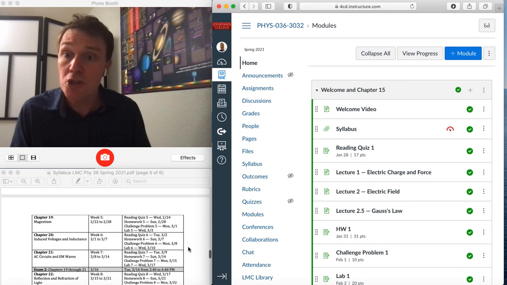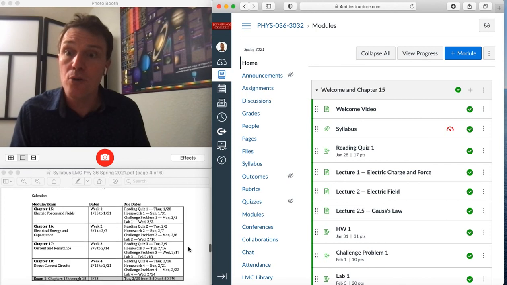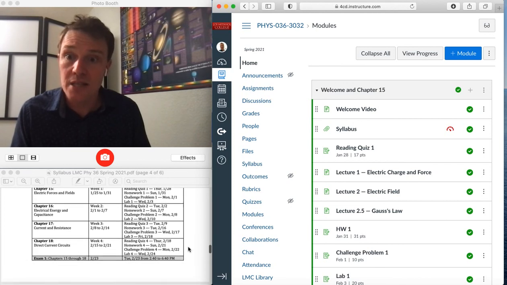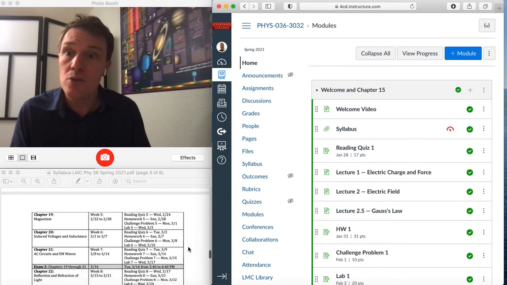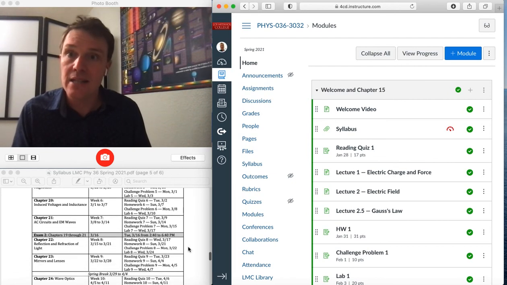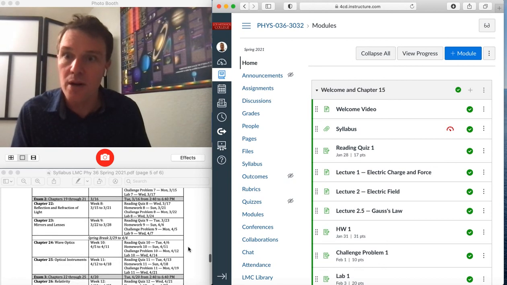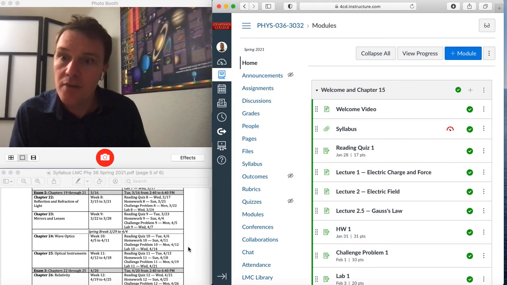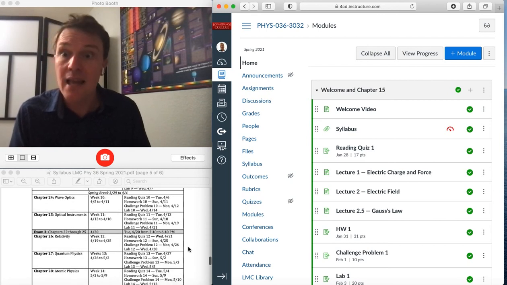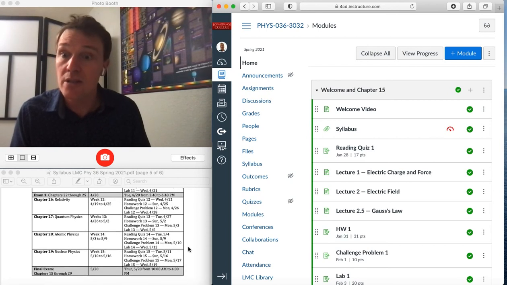But that's the layout of the due dates. In terms of the material, we spend the first 4 chapters discussing electricity, then we have an exam on it. Then we cover 3 chapters on electricity and magnetism, how the two interact and so on. And that smaller set of 3 chapters has its own exam, although it's a more complex set of 3 chapters than the first 4. Then we have a set of 4 chapters that cover optics, an exam on optics, and then finally, we move into modern physics: relativity, atomic, and nuclear physics. All right, and then that concludes everything.